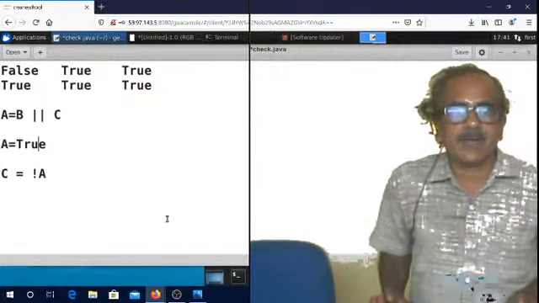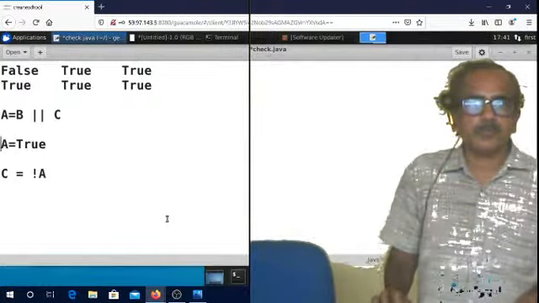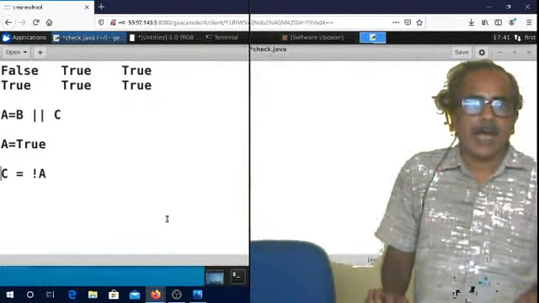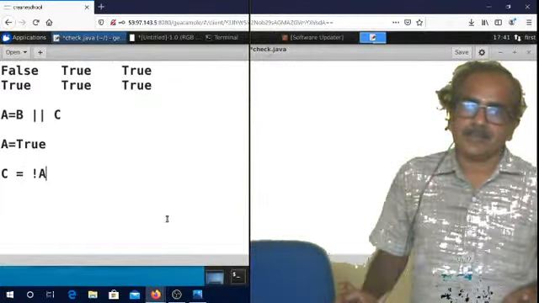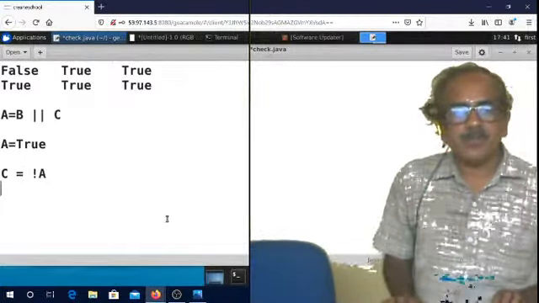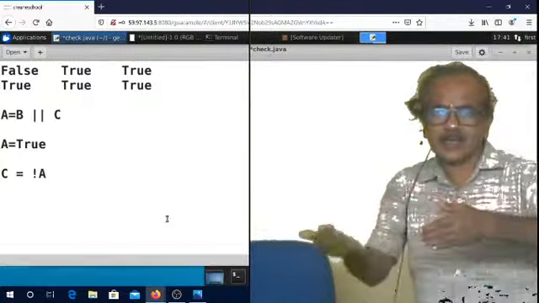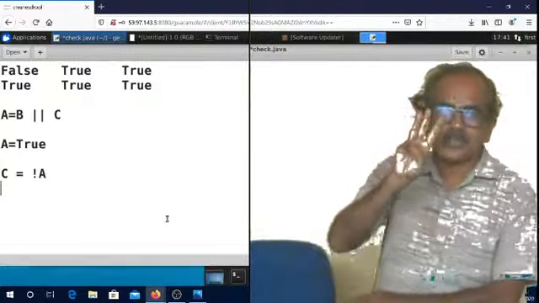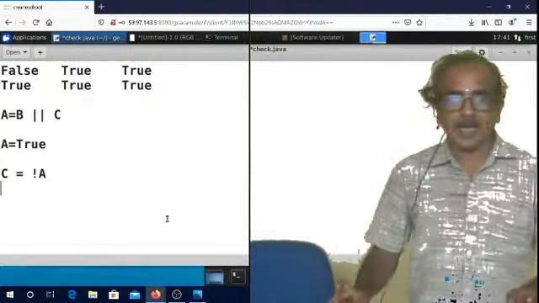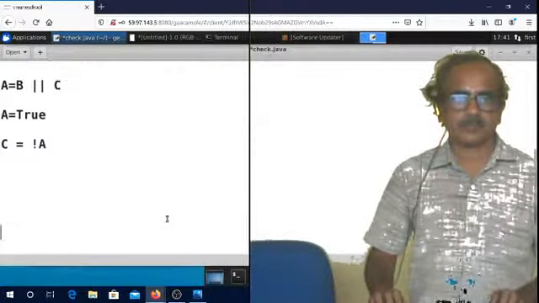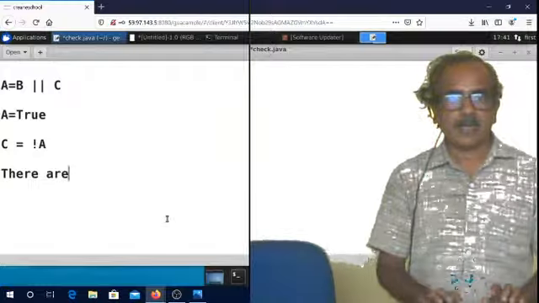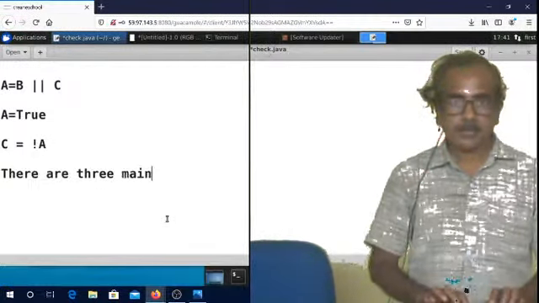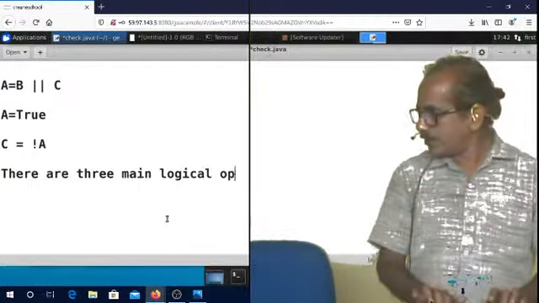So when you are writing A equal to true and C is not A, then C will become false. Means it reverses the Boolean situation. So three logical operators I discussed. There are three main logical